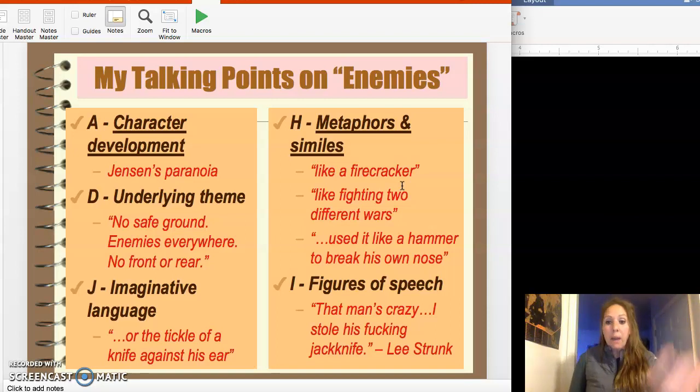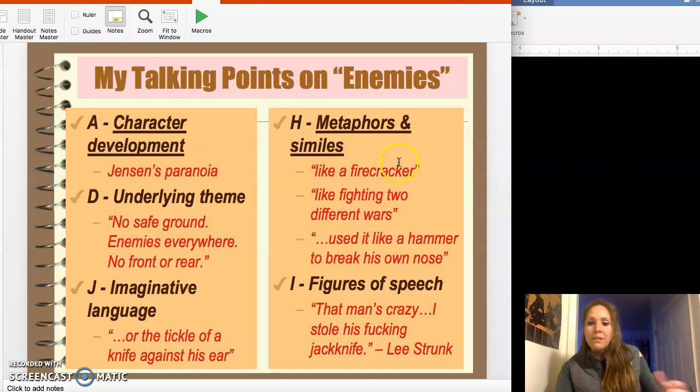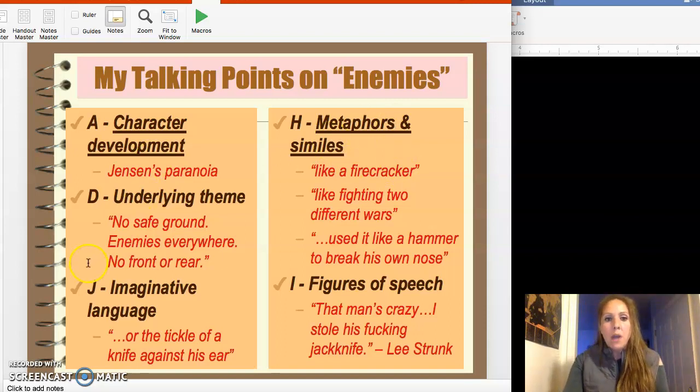And now his paranoia builds up and his freaking out comes back because he's so afraid that Lee Strunk might kill him. So the way that they develop that paranoia, and how he's sort of sleeping, always watching Lee Strunk and never turning his back to him, and it moves on talking about no safe ground, enemies everywhere, no front or